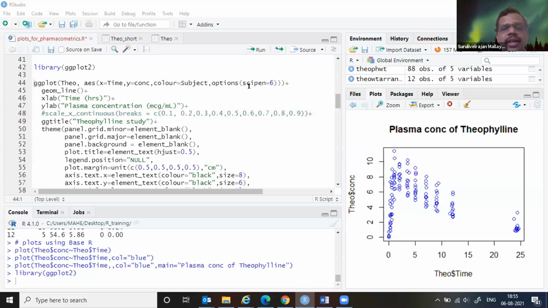And this is an additional feature wherein sometimes your concentration values will come in scientific format. We call them scientific notations. It will come there because if you have multiple decimals, R will not handle too many decimals, and it will convert into scientific notation. That sometimes creates a problem in the plots.